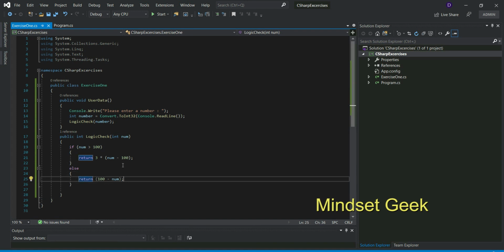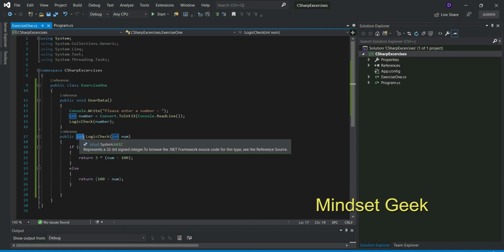We can use Control K D, the shortcut for arranging your code, right? Then you can see good arrangement. Now this method returns an integer type value.